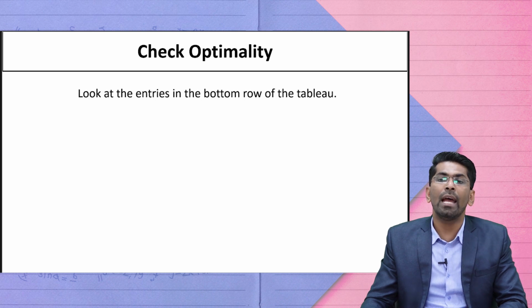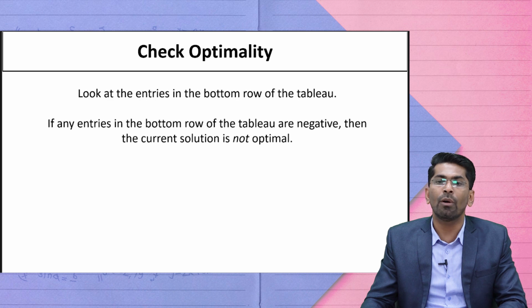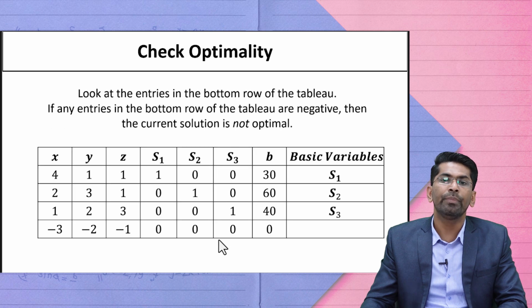So if a value is less than 0 or negative, it means that the solution has not reached its optimal solution. It means that the current solution needs to be improved, and the simplex method proceeds to pivot towards a better solution. So we want to check whether our given simplex tableau is optimal or not from our given example. Here, in the given table, the last row will be considered for checking the